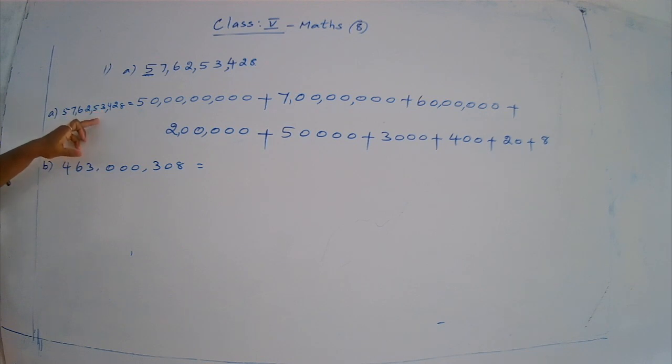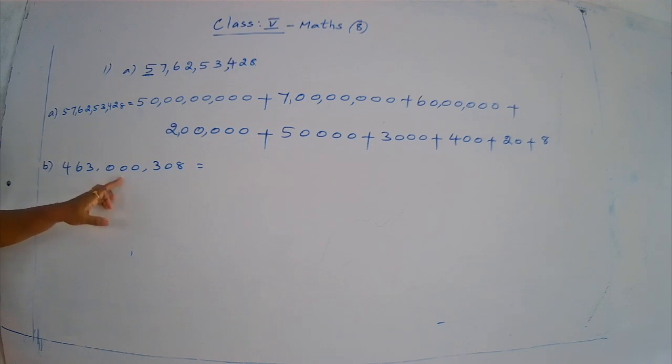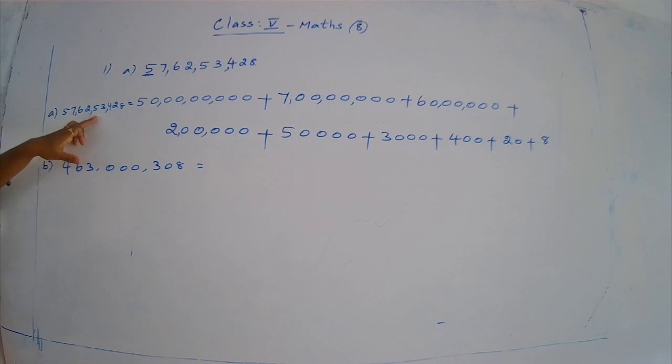In the Indian system, the mark is placed after two places. Once the period is after thousands, the thousands period consists of 3 places here. If it comes in 2 places, that is the Indian place value system. But here your thousands period consists of 3 places. So that's why this is the international place value system. Okay, so do it carefully.